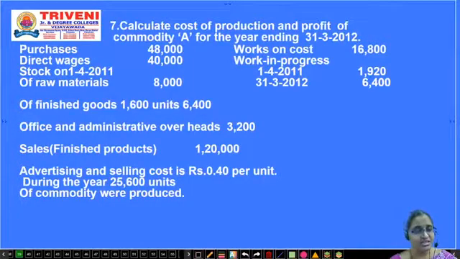Next, in this sum you must calculate two missing items. The first missing item was closing finished goods. For the closing finished goods, they gave 3,200 units. The next, they produced 25,600 units during the year. The other information was not given. So in this sum, first you calculate the number of units sold. How many units did they sell? You first calculate the missing figure. So in detailed manner, the sum was: